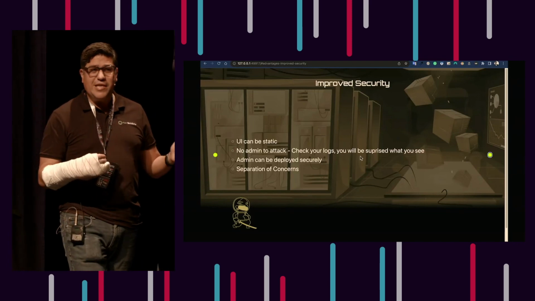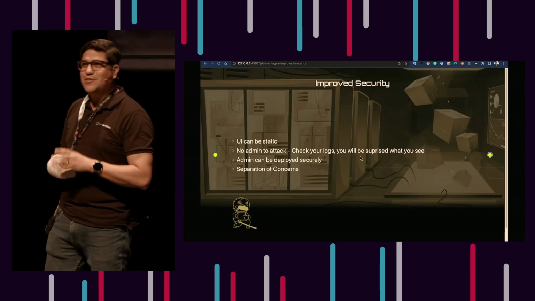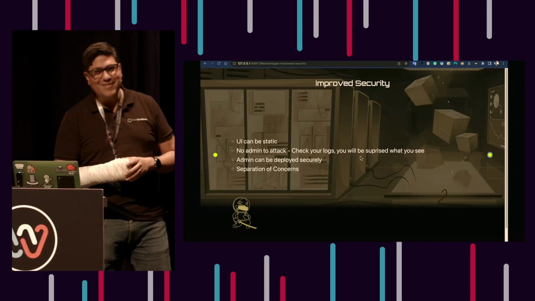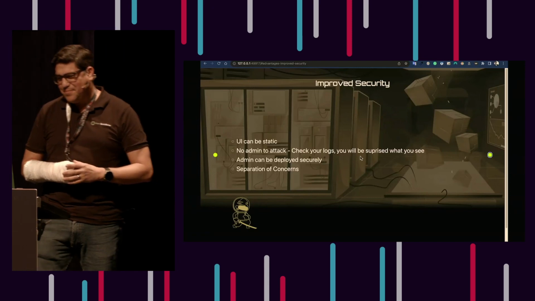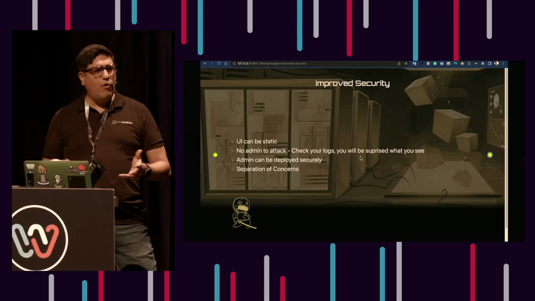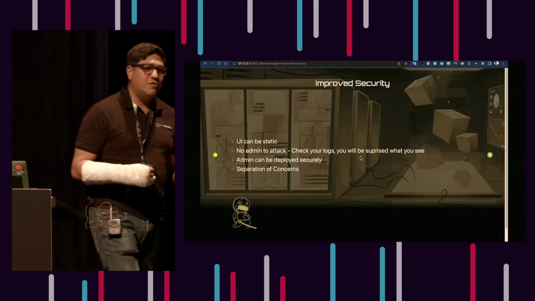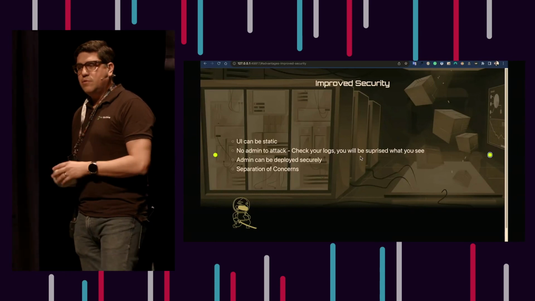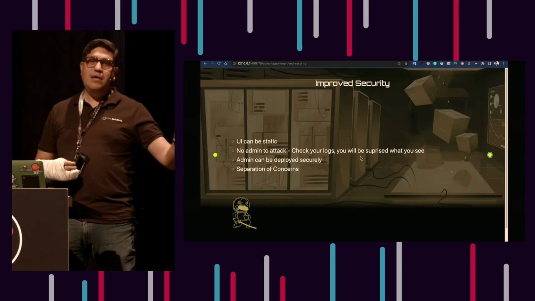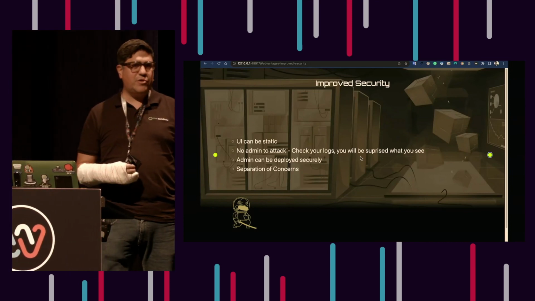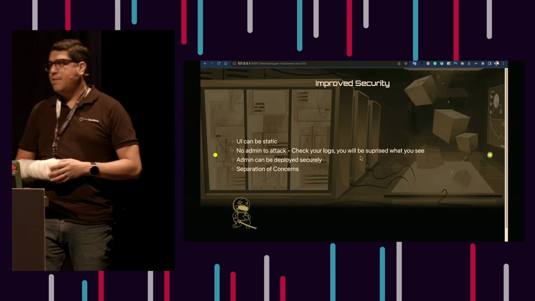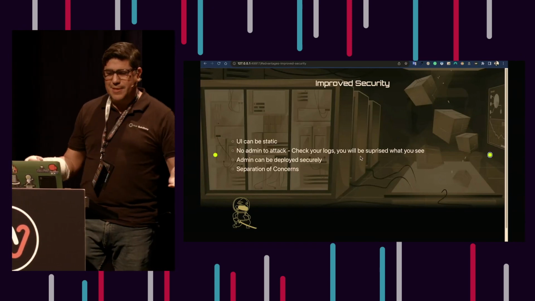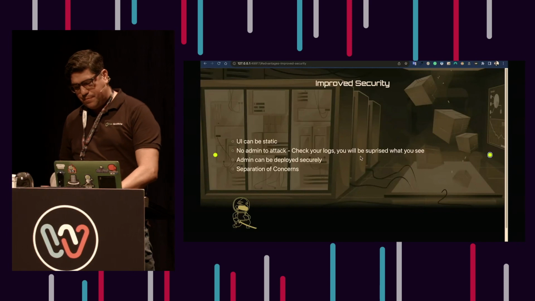It's actually really interesting if you're checking your logs to see what paths people are trying, right, from WP-login, right? It's really crazy. But it's important to have that separation of concerns so you can have different security concerns as well. You can have the administrator behind separate firewalls. You can have the administrator behind a VPN, right? So you now have the power to do that with a headless CMS. Really important.